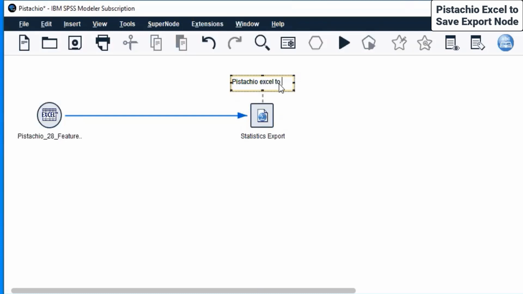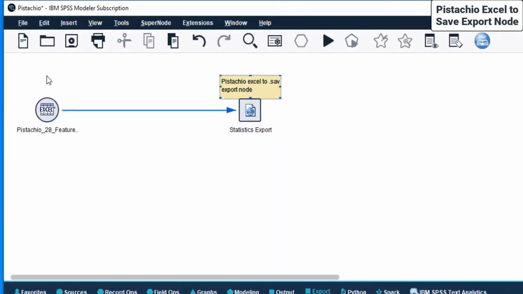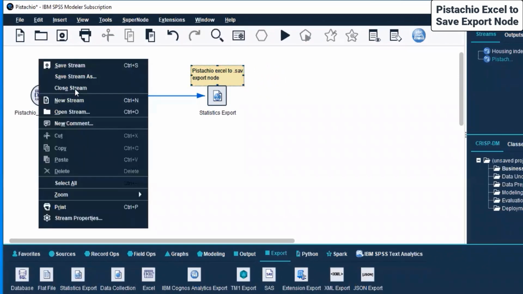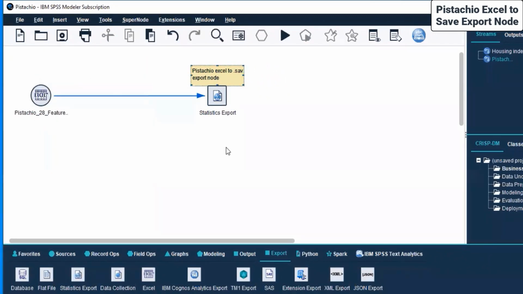Excel to .sav export node. This is that particular node, and this is where you can add another comment over here, but I'm not doing that. We are saving the stream, so this comment will stay here. Okay, likewise,